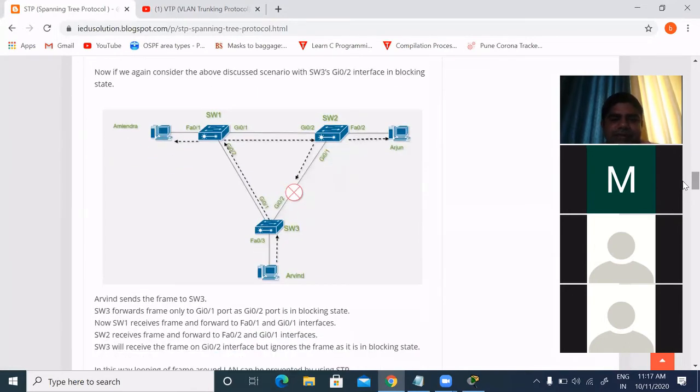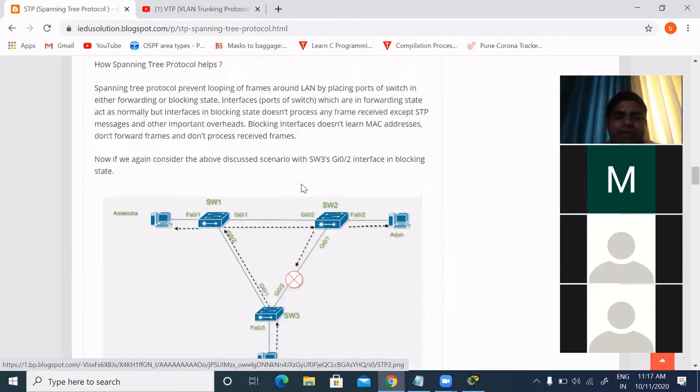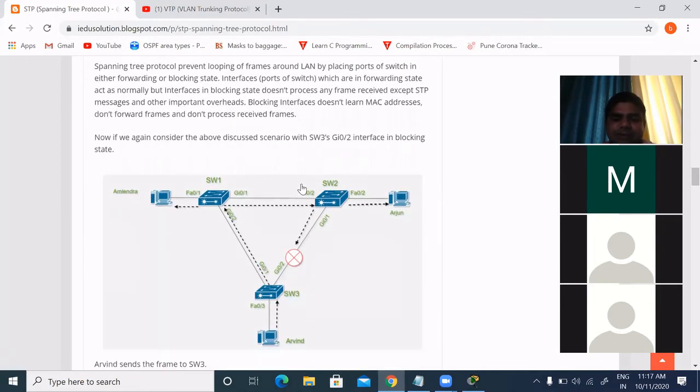When we run STP, this will happen. There will be only a one-way path. Suppose it has sent something to switch 1, it will send the broadcast to this one and to switch 3. When switch 2 sends that packet to this port, it is blocked due to STP. This way we avoid loops with STP.